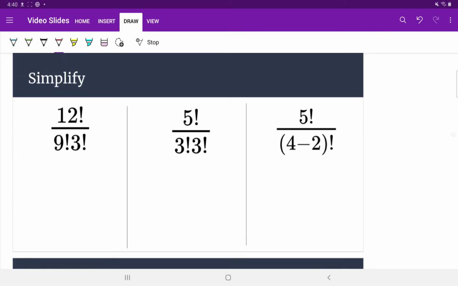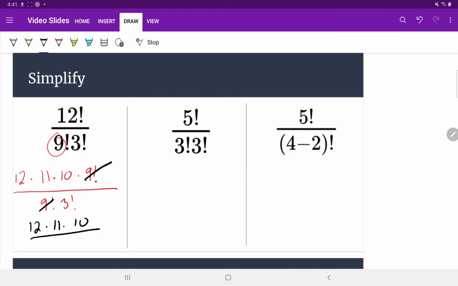12 factorial over 9 factorial. So 12 factorial clearly is my largest factorial there, so I'm going to start expanding down. So 12 times 11 times 10 times 9. Hey, I can stop because I see I've matched up with my second largest factorial, so I'm going to write it as 9 factorial over 9 factorial, 3 factorial. And these cancel, so I'm left with 12 times 11 times 10 over, I'm going to think to myself, what